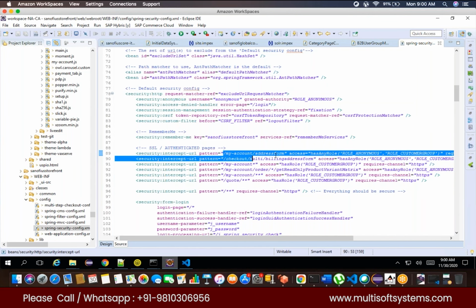So my account address form. If I am accessing this, this is the controller. My account slash address form is the controller URL path, right? So this address form,